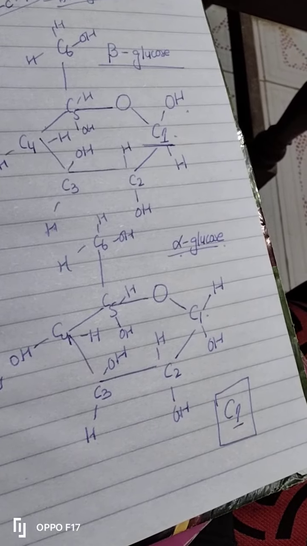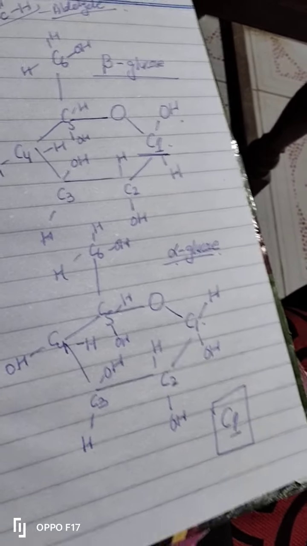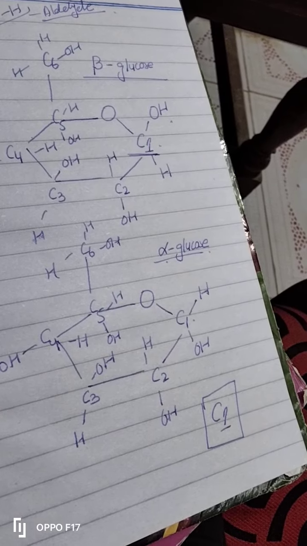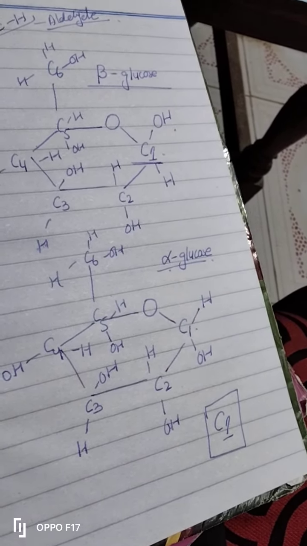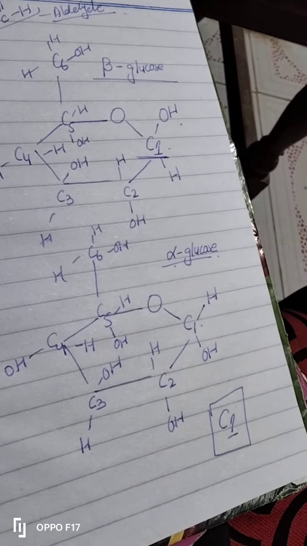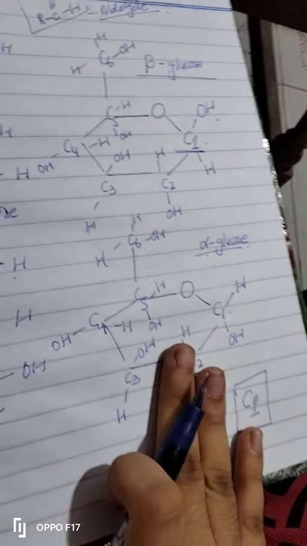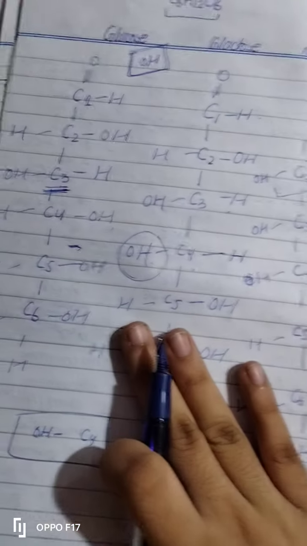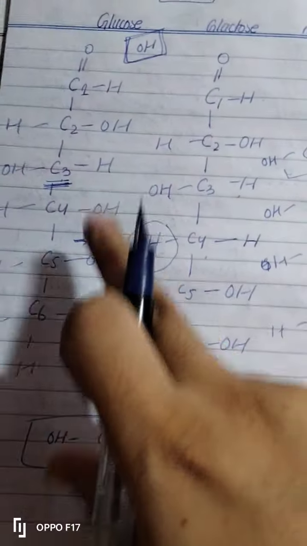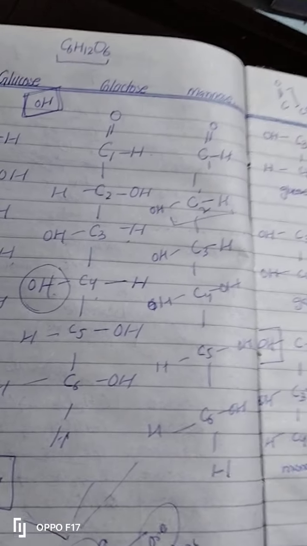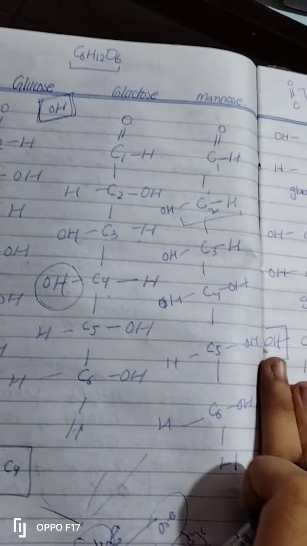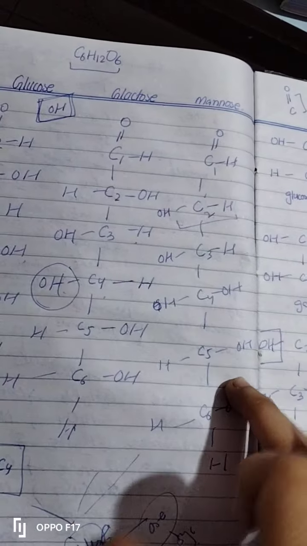Whenever we dissolve glucose in water, at that moment it changes its structure from linear structure to ring structure. So obviously this is the ring structure, and this is the linear structure. When dry, it is linear, but when we dissolve this linear structure in water, it becomes this ring structure. So I hope you understand how to make the linear structure of glucose and the isomers